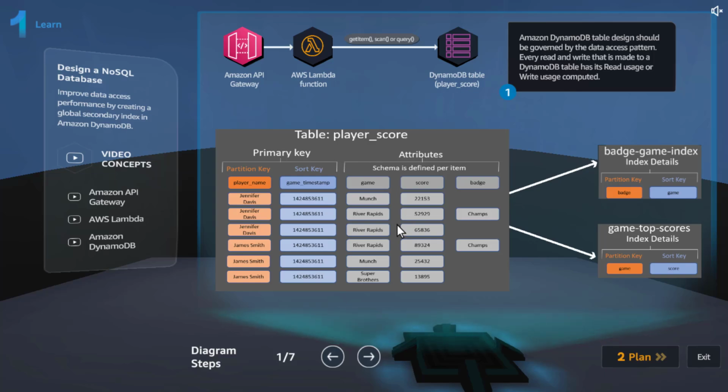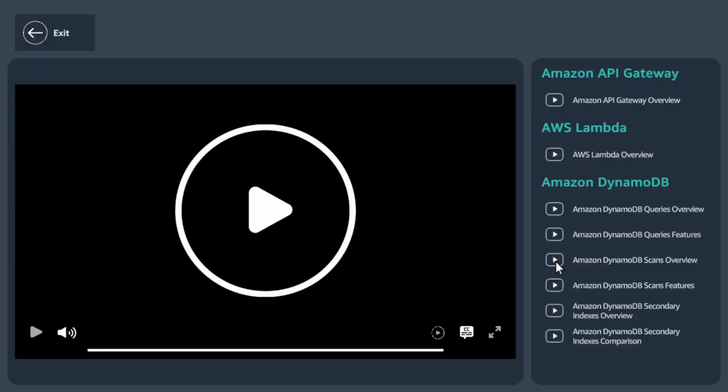Once we accept the project, we will have the architecture diagram shown, the current architecture, and how we are going to change things so that we can successfully deliver the project. And on the left side, you will see video concepts, each regarding whatever we are going to do as part of the project. As usual, there will be videos. If I click on video concepts, there are videos related to the topics and services that we are going to use in this particular project.